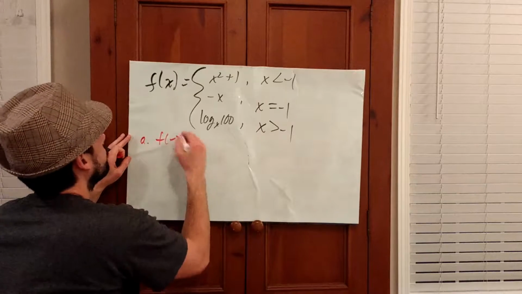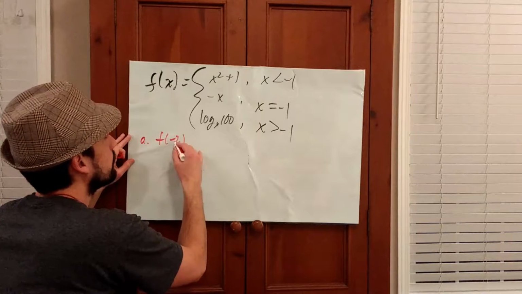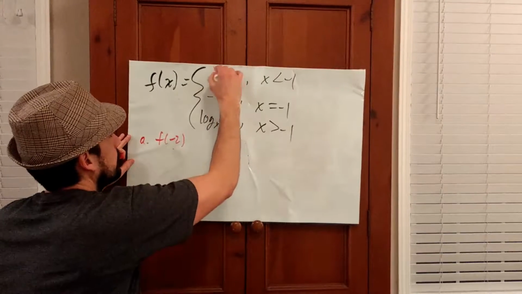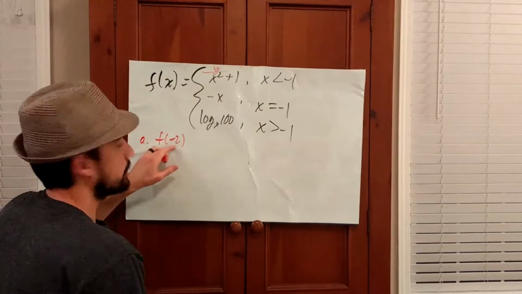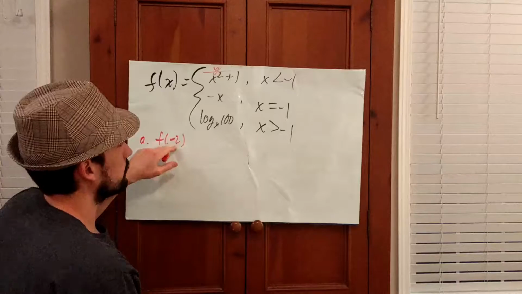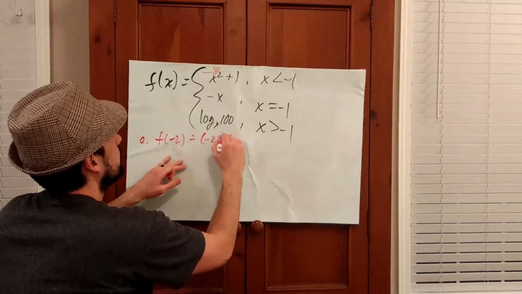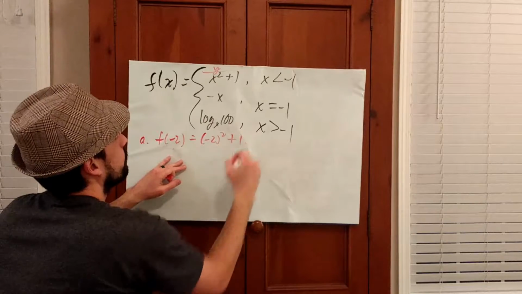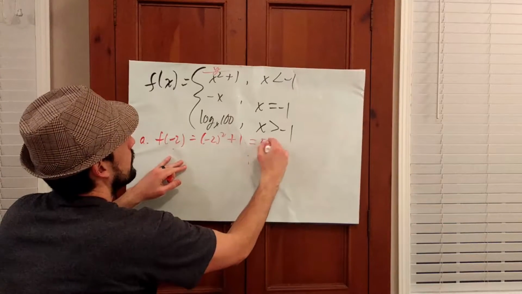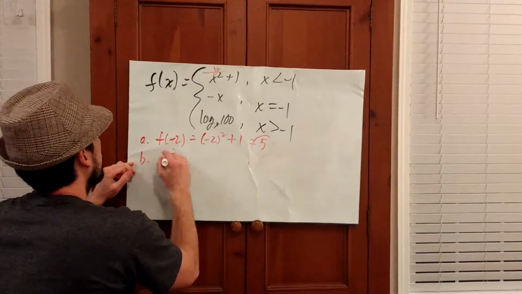So f of -2 really means find y, which we're going to do using these rules based on this particular x. So this particular x fits in the top piece. So all I've got to do is plug -2 in this form, and I'm going to get 5. Okay, part B, f of